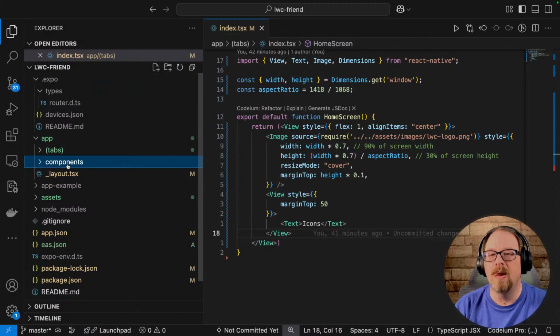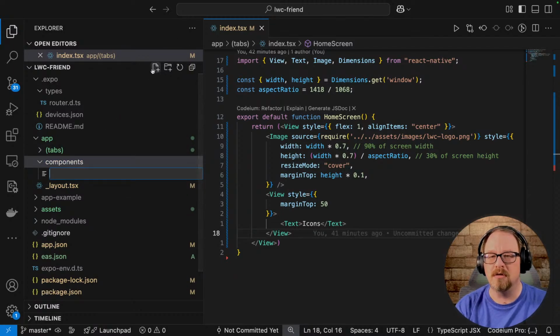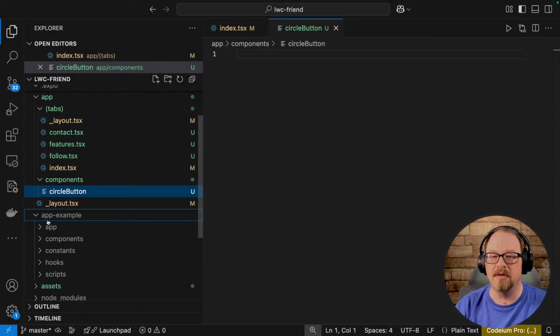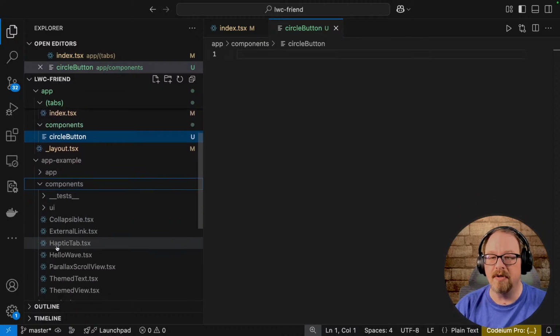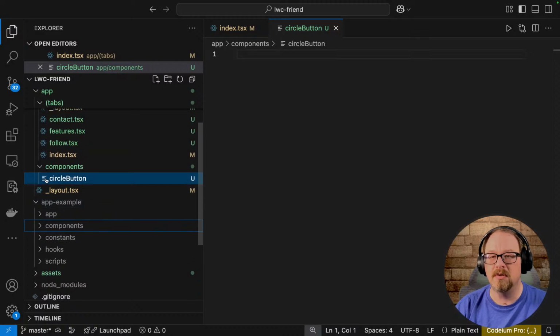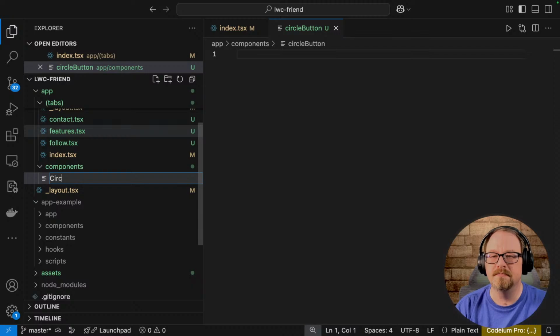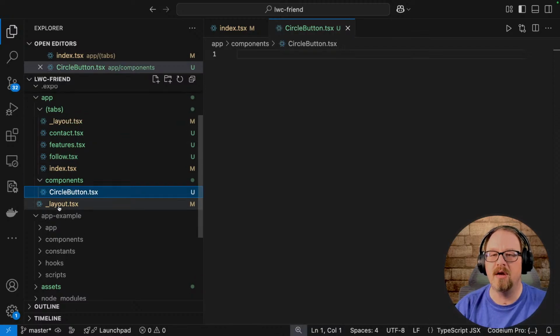Components, okay. And in here, I'm going to make a new file called circle button. Is this how we do it? Do we have anything? Let's look at the app example here and see if they have any. Oh, all uppercase. Okay. Well, we can do all uppercase. Pascal, right? Circle button.tsx. All right, so we've got a component here,